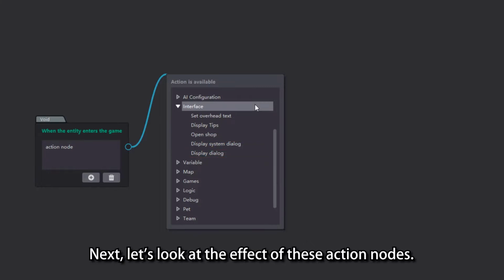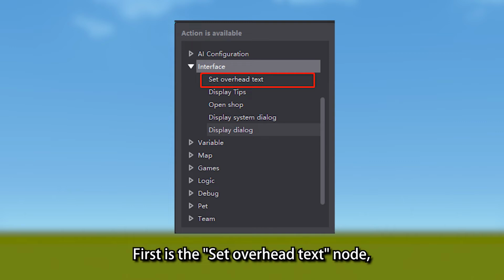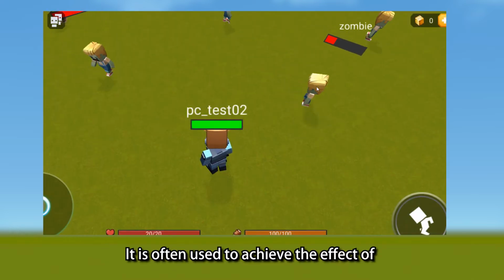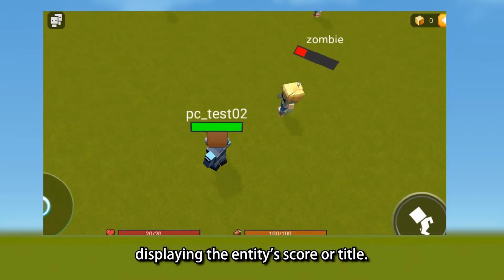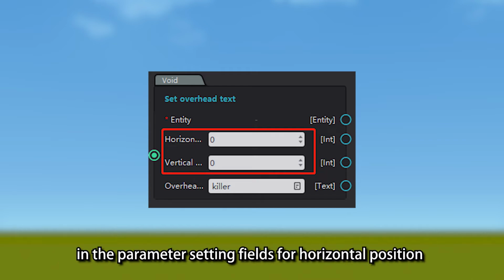Next, let's look at the effect of these action nodes. First is the Set Overhead Text node, which is used to set the text content to be displayed at the top of the entity instance. It is often used to achieve the effect of displaying the entity score or title. We can adjust the position of the text by filling in the values in the parameter setting fields for horizontal